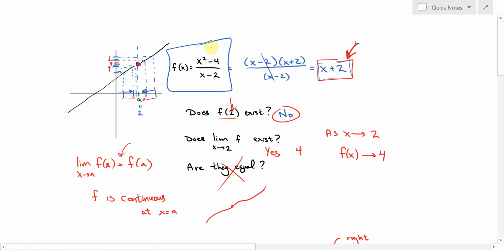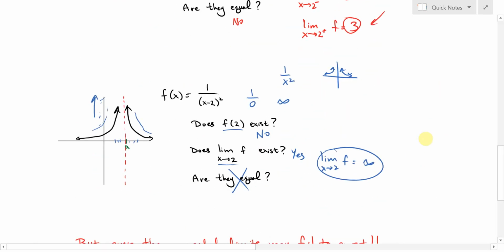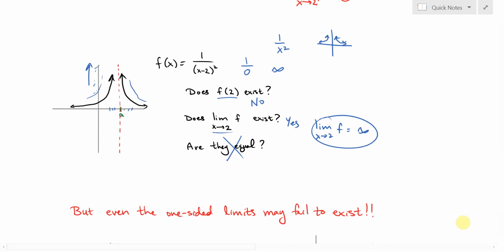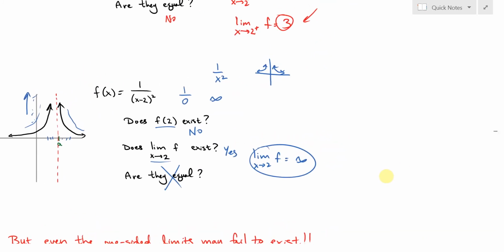You plugged in a 2 there, you got 0 over 0. Usually whenever you get 0 over 0, you have no idea what's going on, and you have to do some algebraic simplification or some manipulation to help you figure it out. Alright, so in each of these cases, if you look at all these examples and consider them, we've